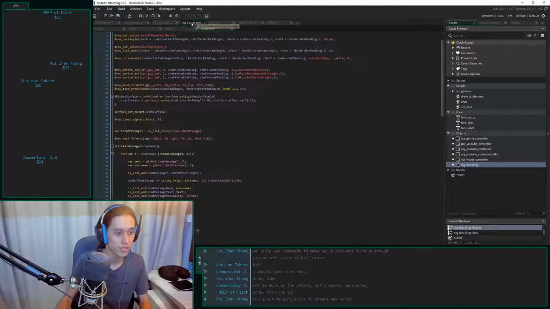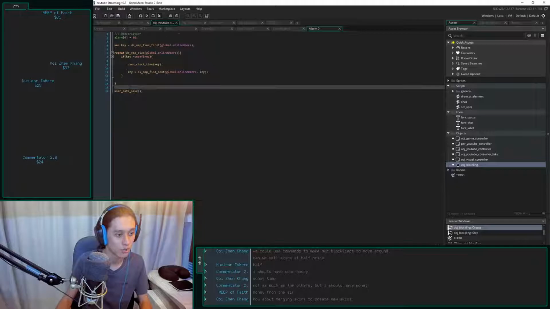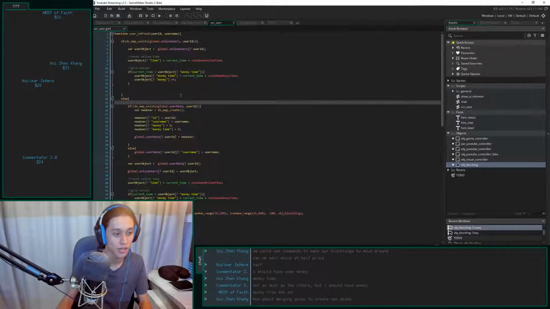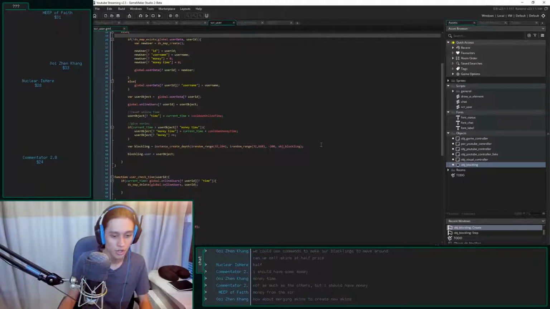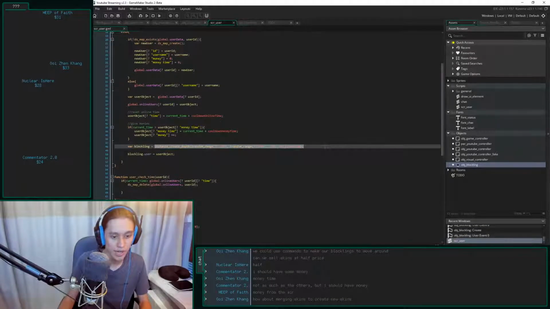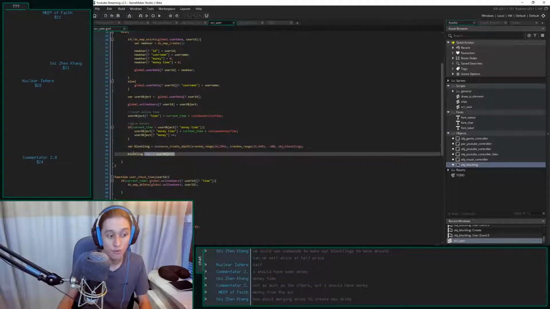So for example, if I have our YouTube controller here, where am I spawning things? I'm spawning things in here. So here I'm creating it. After I create it, the create event is run before any of the code after this is run.